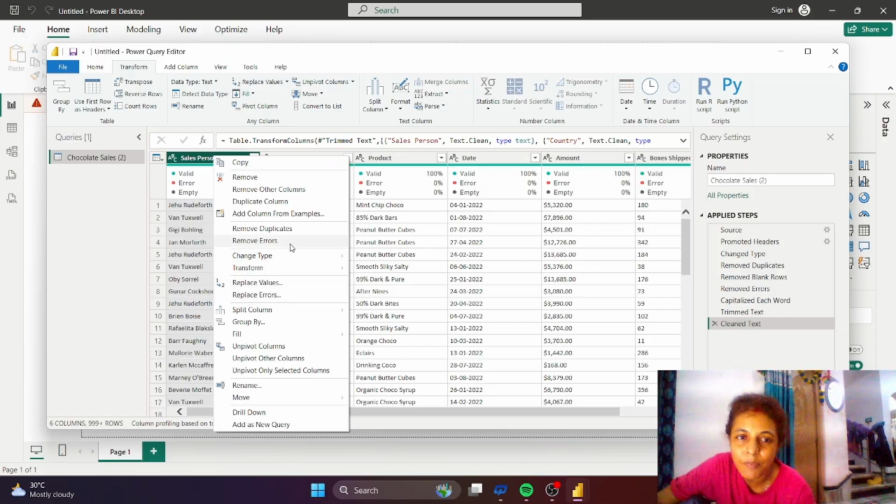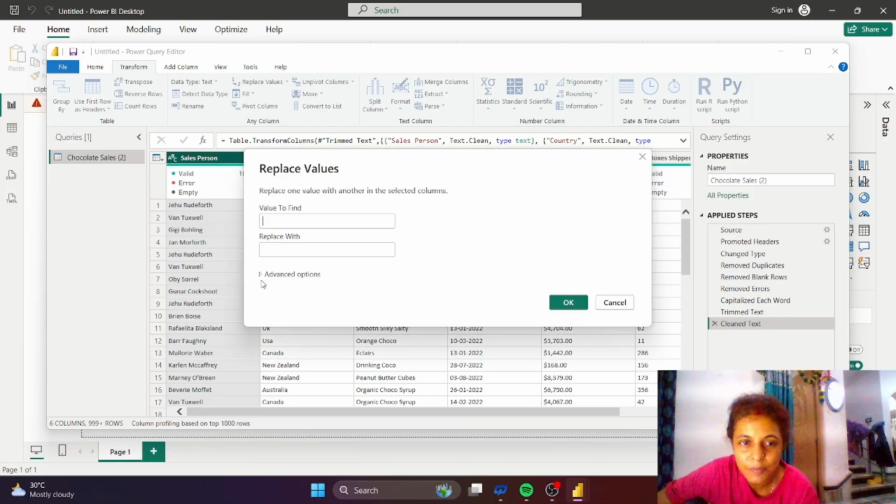If you want, there may be null values, error values. As we have already removed errors, if you want to replace the null values, or zero, or blank values, then you just have to click replace value.